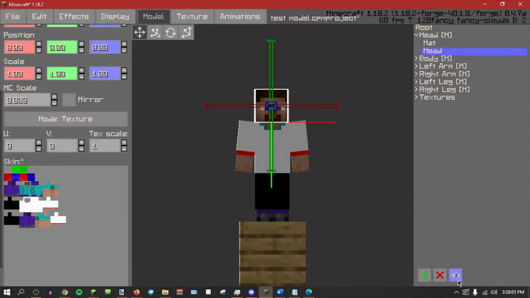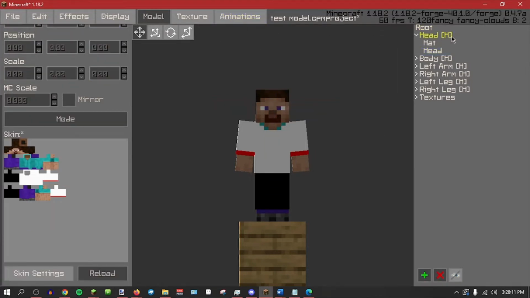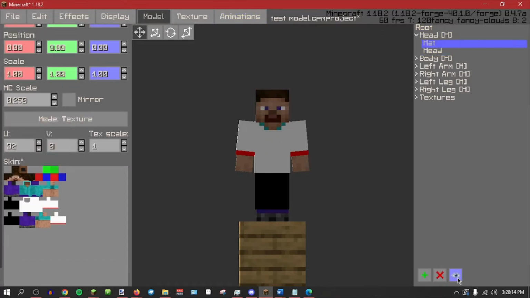If you don't want something to be visible, you click this eye icon here, and it makes it not visible anymore. Not invisible in the animations thing, that's what this is, but invisible in the sense that you just can't see it while you're in the program. Which is very nice, because sometimes things can sort of clip over each other. Okay,